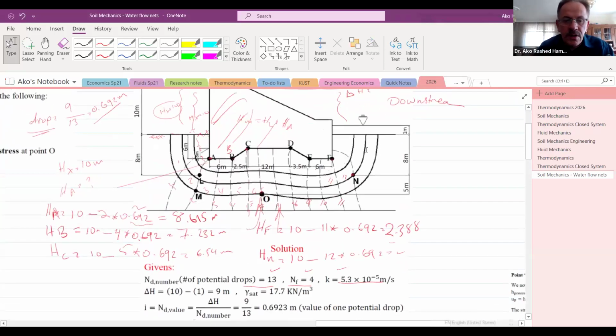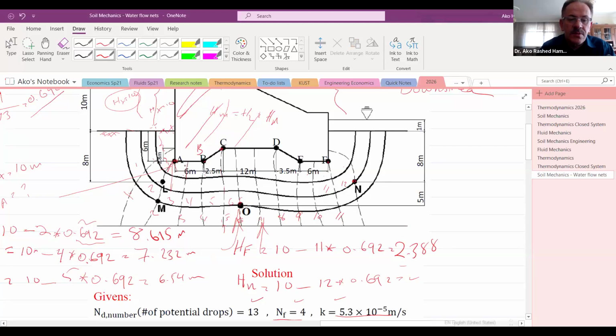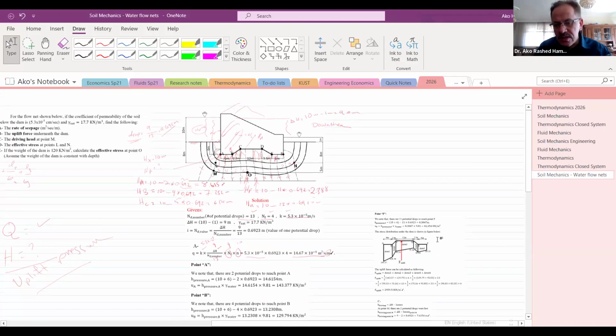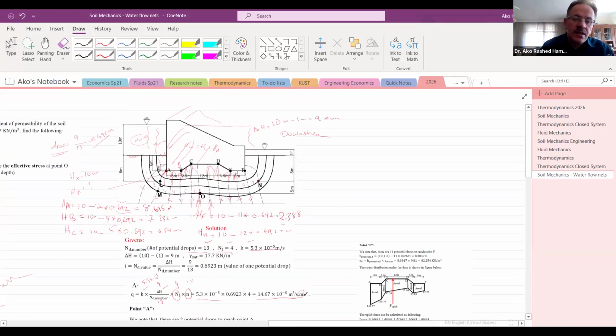When I say there is a pressure, it means there is a pressure like this, and a pressure like so. So it means there is a lift pressure. That's called lift pressure. We need to calculate this lift pressure because it is very urgent. Otherwise, it will let the dams go away. So to find this one, we need to calculate the uplift pressure.